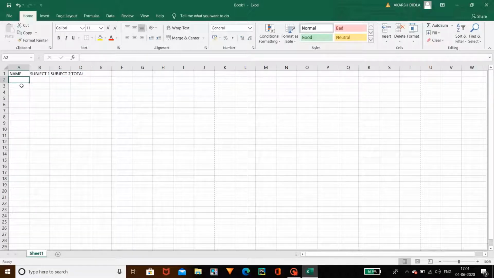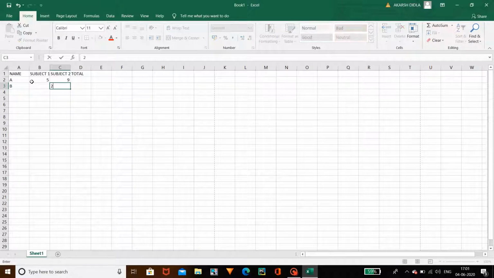Let's name student 1 as E, and student 2 as B. And he secured 5 marks in subject 1 and 9 marks in subject 2. And student B secured 2 marks in subject 2 and 6 marks in subject 1.